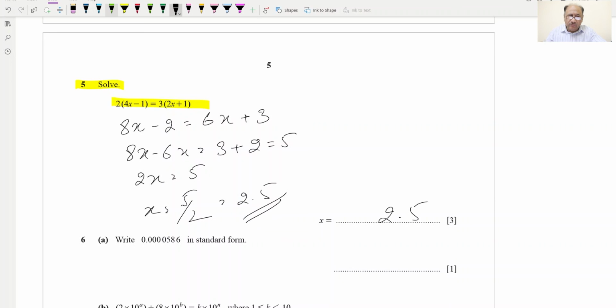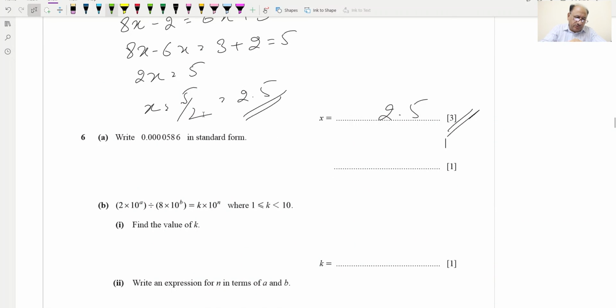So 2.5 will be our final answer for 3 marks. Hopefully you understood this. Now question number 6a part, write this in standard form. In standard form, this decimal we have to shift after the first non-zero digit, so it will be 1, 2, 3, 4, and 5 jumps we'll have to take to the right. So it will be